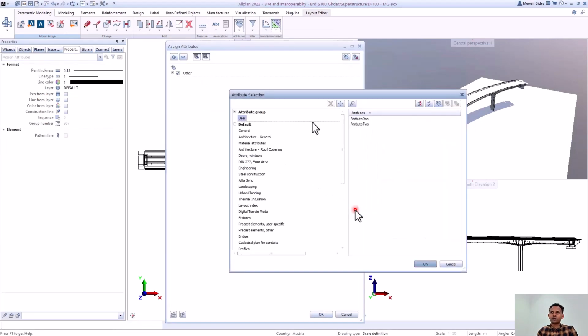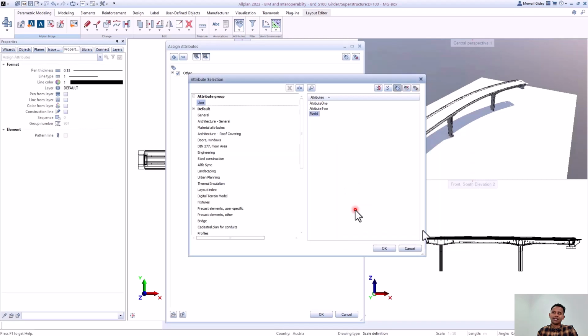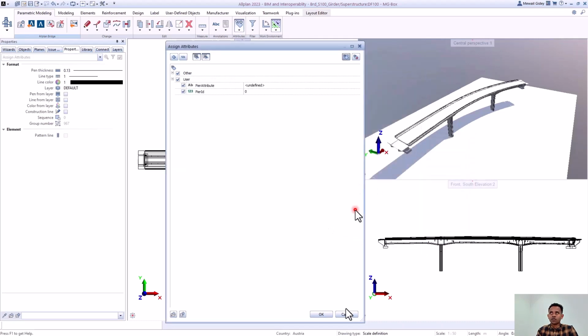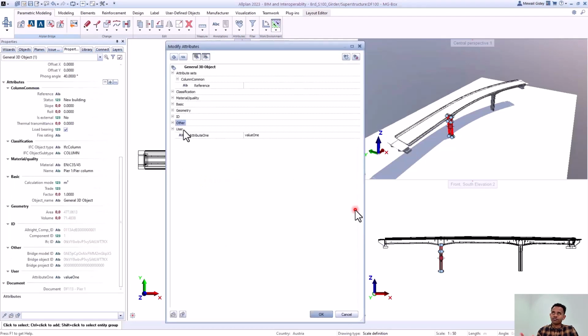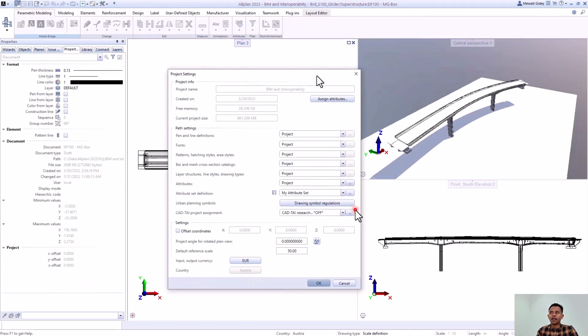Actually, a better workflow is this: if you have a set of objects, for example, we have 2 peers, but we can have as many as we wish, and we want to assign them an attribute specifically for peers. So we can have a peer ID which specifies only for peers, and we can have peer attributes which specify some value only for peers. Here, as you can see, we have the first peer, but the peer ID and attribute that we defined are not there. So what we do is we go to the project setting here,